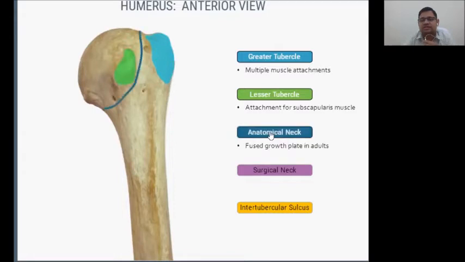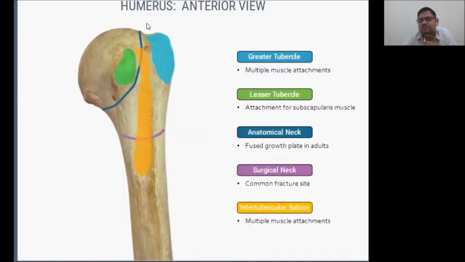Then this is the anatomical neck. You can see the upper part or head of the region will be divided into two parts. One is the round and smooth part, and the other will be the other parts. Then there is the surgical neck which divides the head from the shaft region. Then there is intertubercular sulcus, between this greater tubercle and this lesser tubercle. It gives attachment to three muscles. You can remember the mnemonic, 'lady between two majors': the teres major, pectoralis major, and latissimus dorsi all have their insertion in this particular groove, also known as bicipital groove.